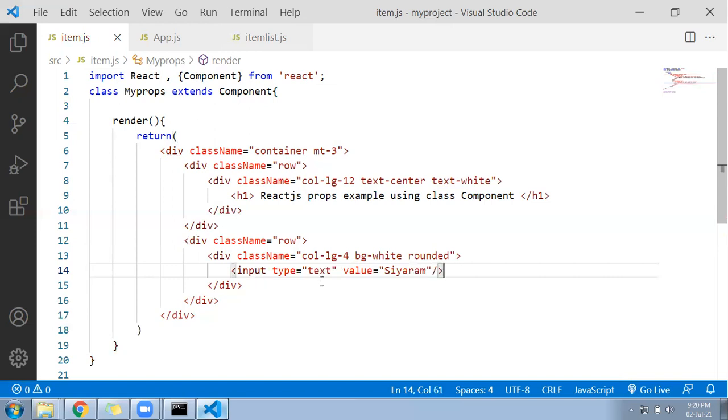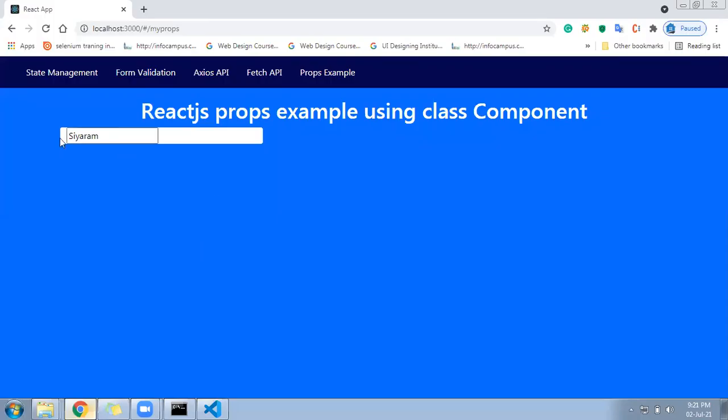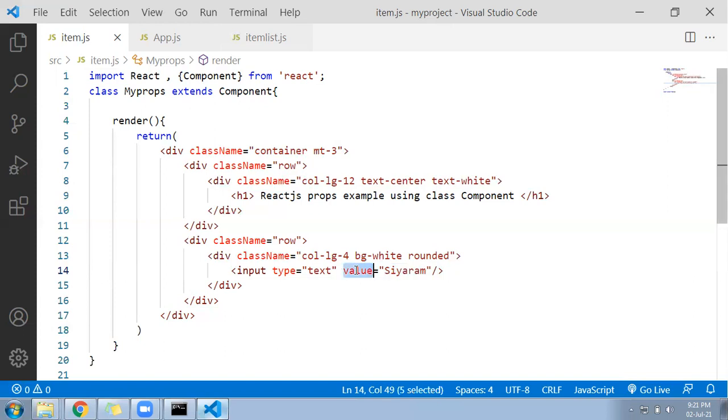Now when I run this page, you can see input is the name of the tag, type is the name of the property, text is the value. Again, value is the name of the property, whereas CRM is the value. When I run the page, what will happen? With the help of a predefined property, I gave the value CRM. Let me look into the browser. You can see here, it is displaying CRM. That means the property was predefined for the text box and you have given a value. Look again, input type equal to text. So type is a property and text is a value. All this we are talking about is predefined.